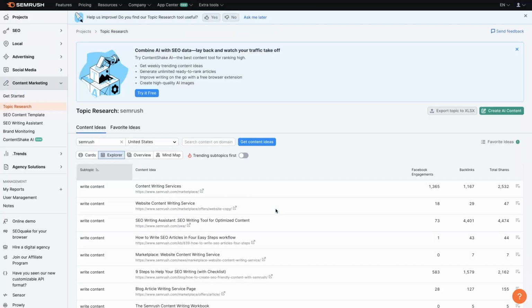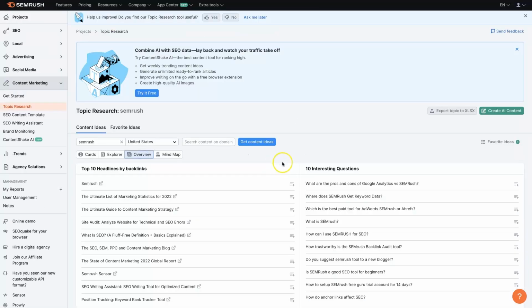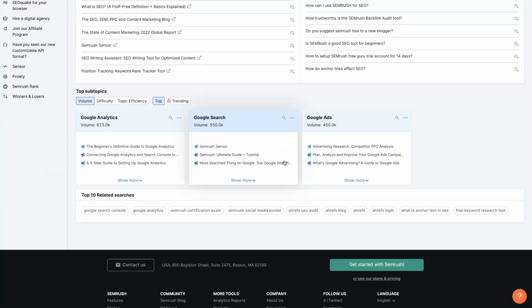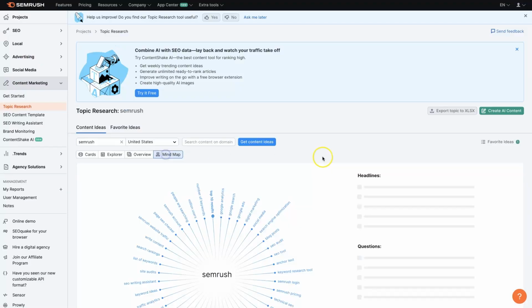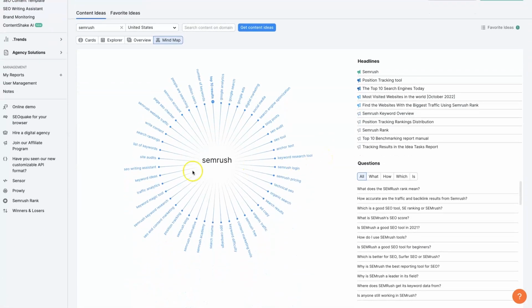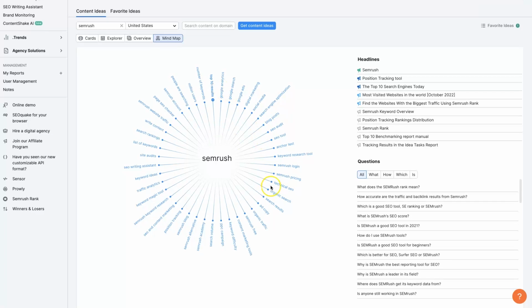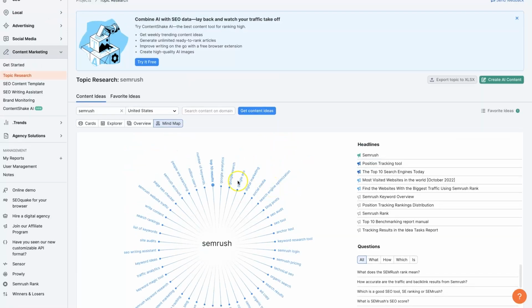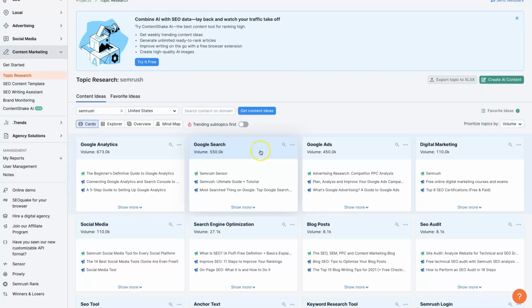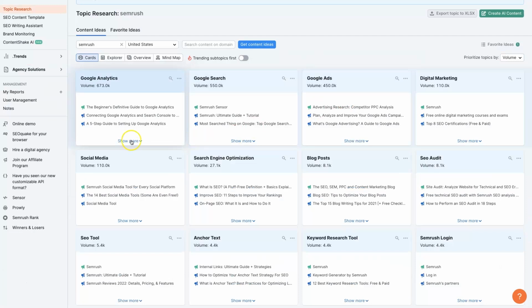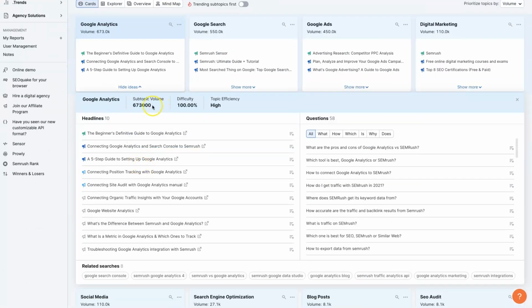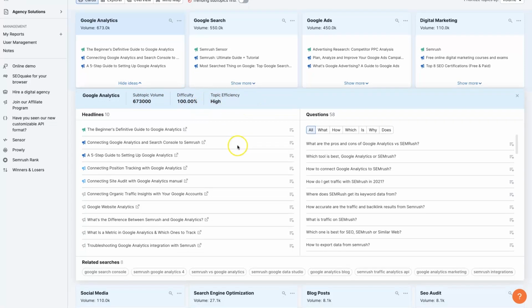You can also get a little overview, which is just kind of like a slightly different view here. And then there's even this mind map, which can be helpful to kind of see exactly how everything lines up. But if we come back over to the card view, we can expand each of these. We can see the subtopic volume, how difficult it's going to be to rank for these terms, topic efficiency, and